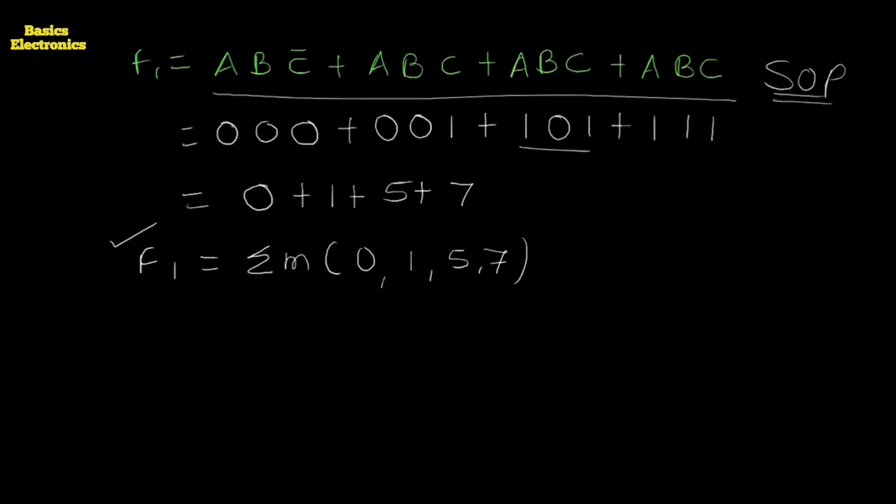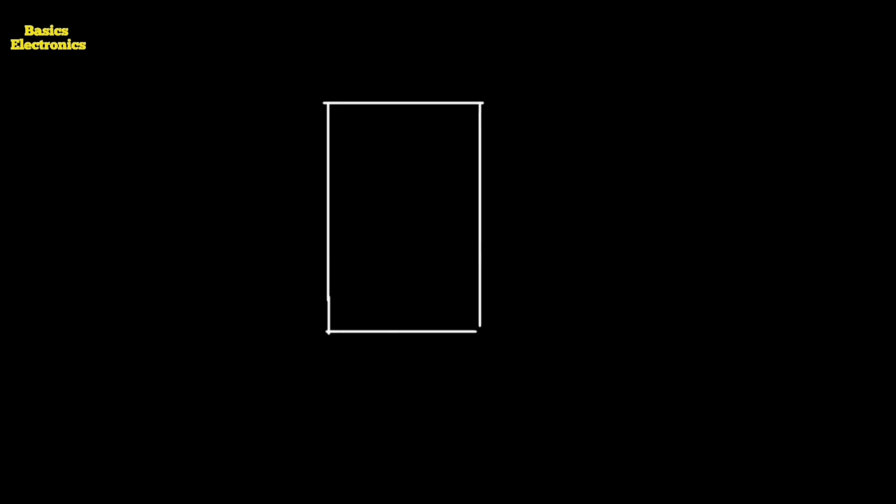Okay, then how can we implement it? We got the equation, and we can implement it in a very easy way. We just need to draw the symbol of the demultiplexer. That demultiplexer is a 1 line to 8 line demultiplexer, or if we have to mention the decoder, then we can say it is a 3:8 decoder. So 3 input variables are there, and these input variables we show at the left hand side. These input variables are A, B and C.